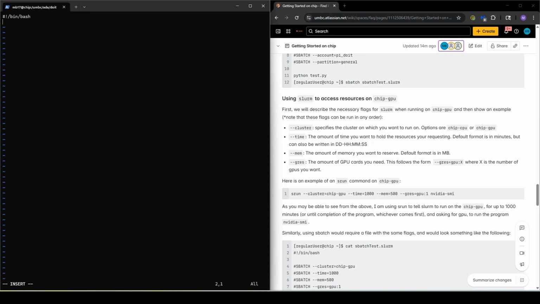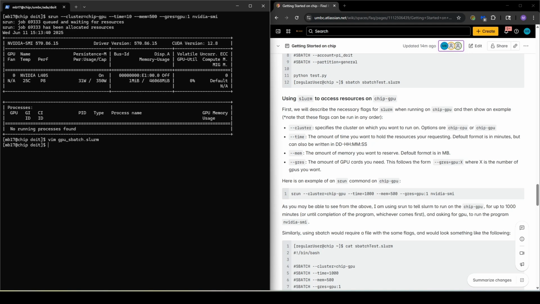Bin bash. And welcome back. So now you can see that I've gone ahead and created a similar file to before, but again, we didn't need that account, partition, or QoS. I've gone ahead and put hostname, nvidia-smi, sleep for 10 seconds, and then hostname. So if I exit out, saving this file, and I run sbatch GPU sbatch.slurm,